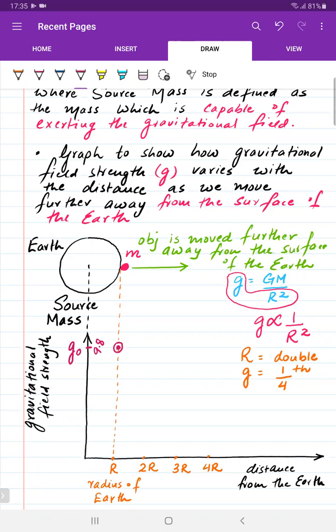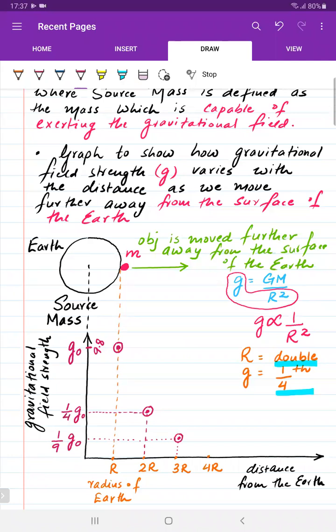Now as the distance is going to get doubled, हमने ऑलरेडी स्टैब्लिश किया है कि डिस्टेंस के डबल होने के साथ साथ आपकी ग्रेविटेशनल फील्ड स्ट्रेंथ की वैल्यू 1/4 हो जाएगी। सो डायग्राम की बेसिस पे आपका डिस्टेंस डबल हो जाएगा, तो आपकी जी की वैल्यू रिड्यूस करके 1/4 हो जाएगी। If I continue further and if the distance becomes 3r, तो ये वैल्यू फर्दर ड्रॉप डाउन कर जाएगी। So when the distance is 3r, you would expect the value of the gravitational field strength to reduce to 1/9 of its original value. तो ये एक और पॉइंट आ गया।